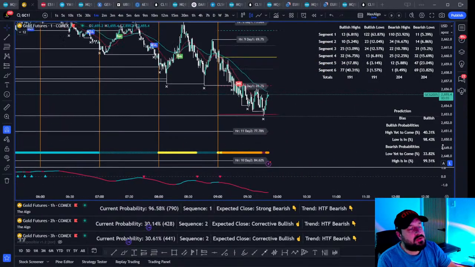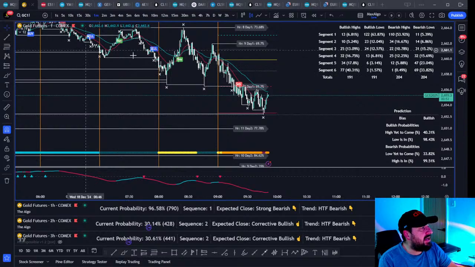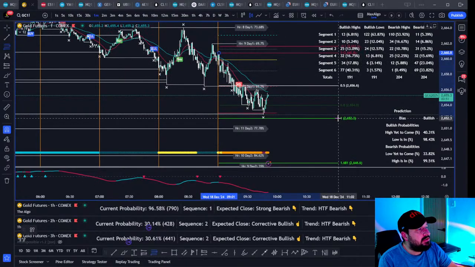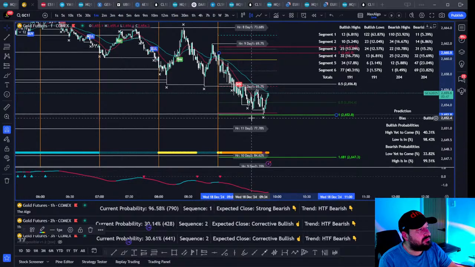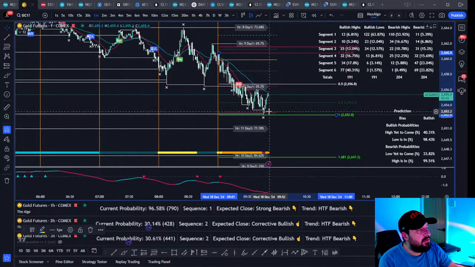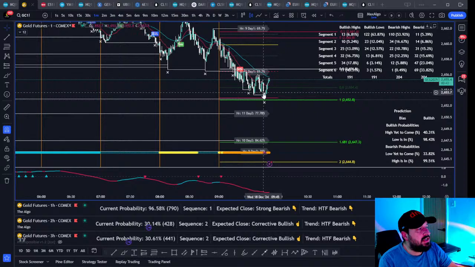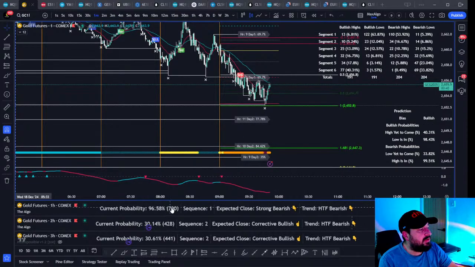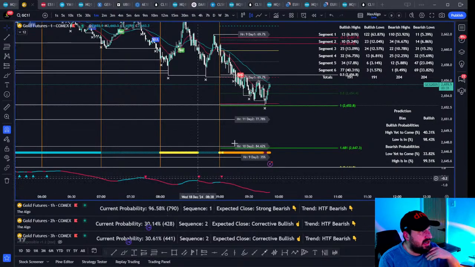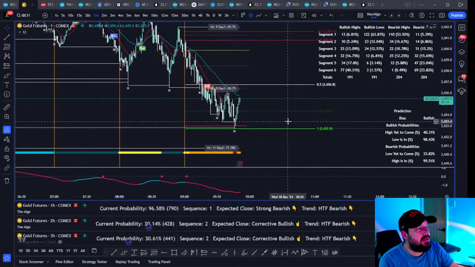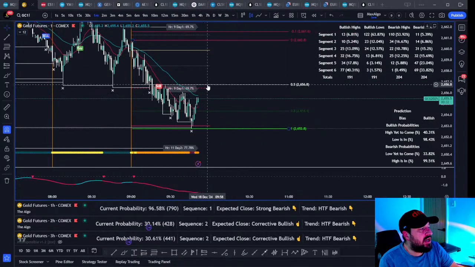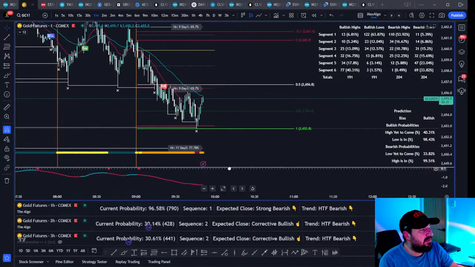It's a shame though, because we've moved so far down, right? If we wanted to get a 50% tap, then price is going to have to come up to here. Now we could see a double tap on that, right? We've got a 90% probability bearish. We'd want to see that hold all the way. No change on the algo, basically.